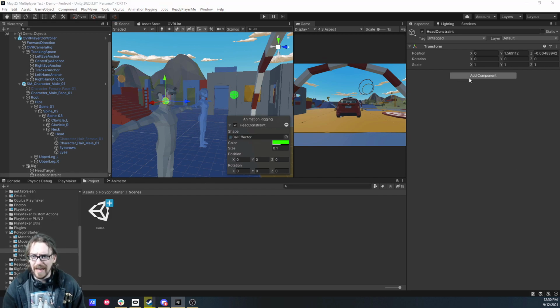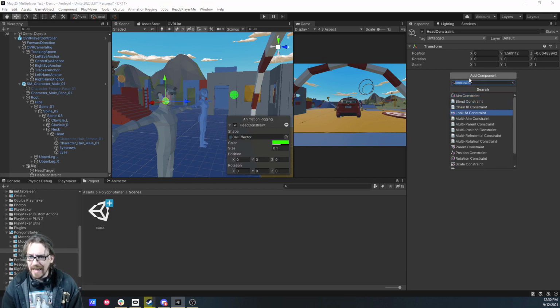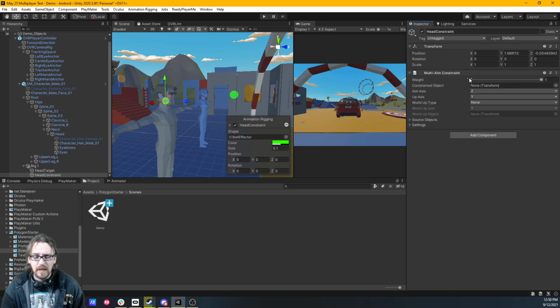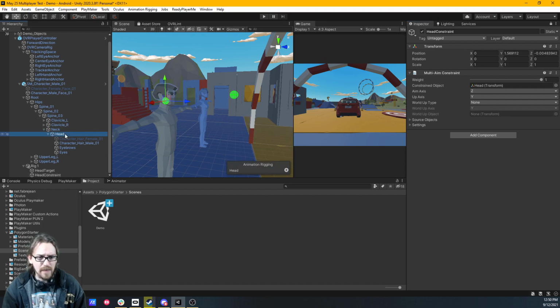And so now we're going to add a multi-aim constraint. And we're constraining the head. Actually, we don't really need a ball effector because we're not actually going to be moving this constraint. This is just essentially an empty game object telling it what to do. Now let's try using the head. If we click on, let's lock this inspector again. If we click on the head